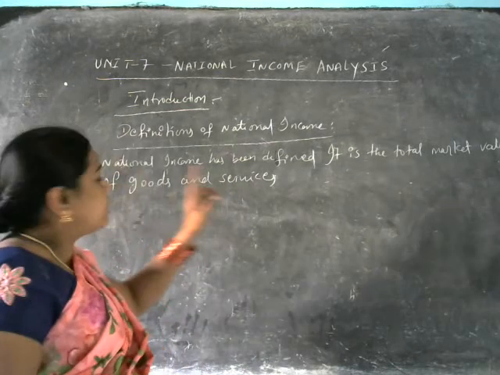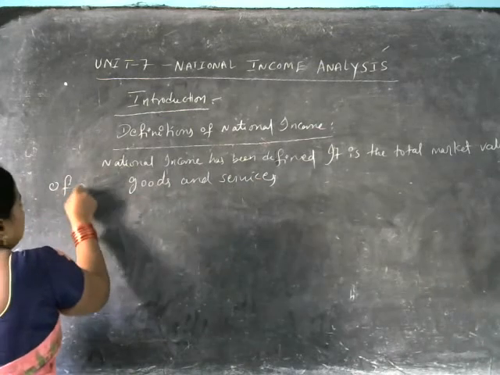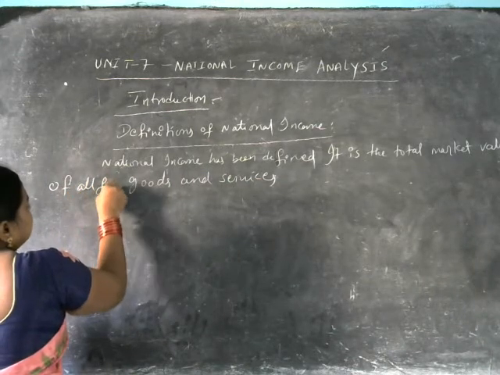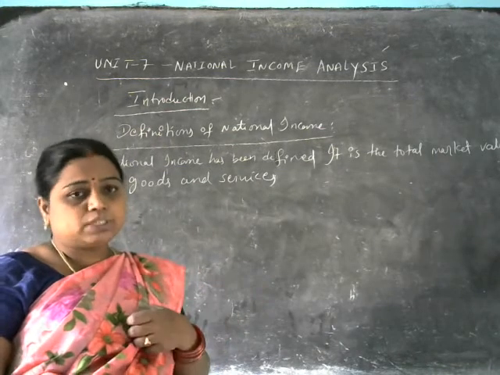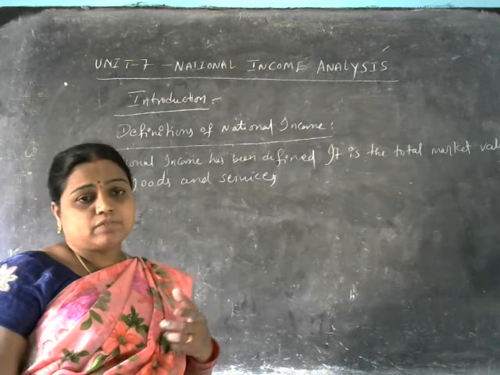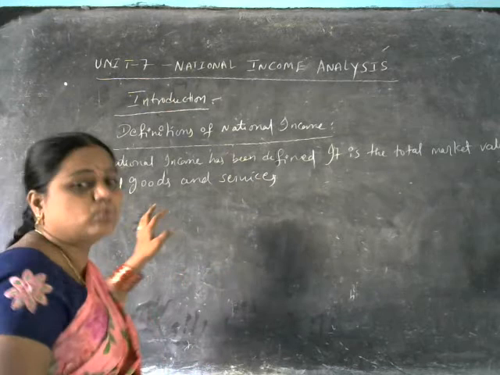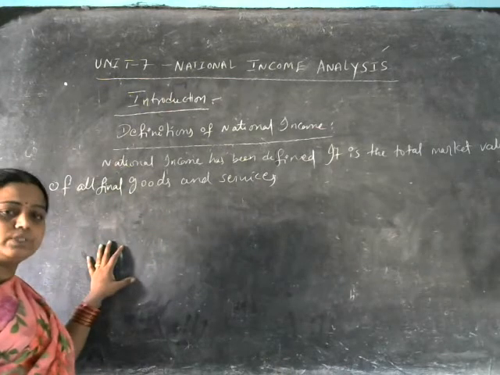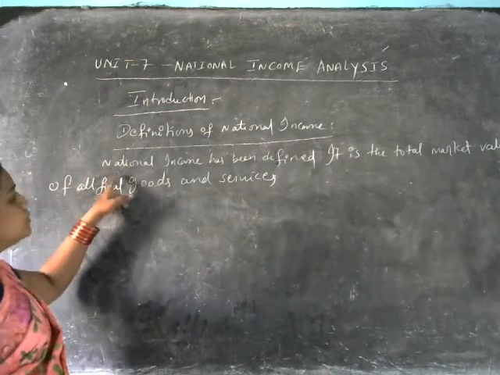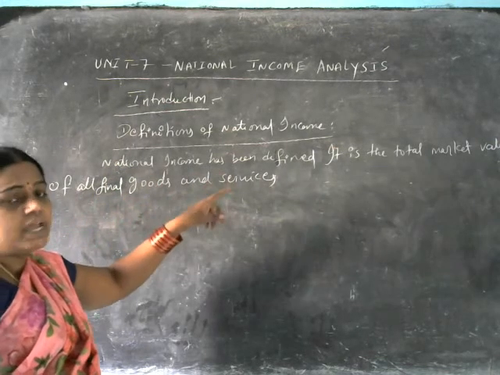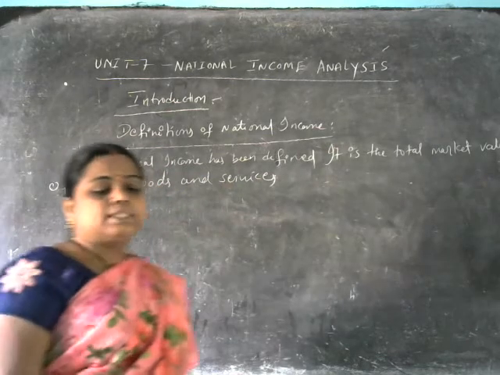Final means what here? The end, which are readily available to use by the consumers. The goods and services which are readily available to the consumers are called final goods, also called finished goods. So national income has been defined as the total market value of all final goods and services,